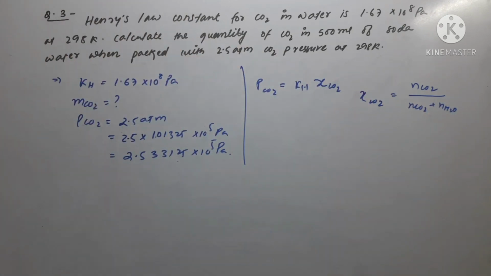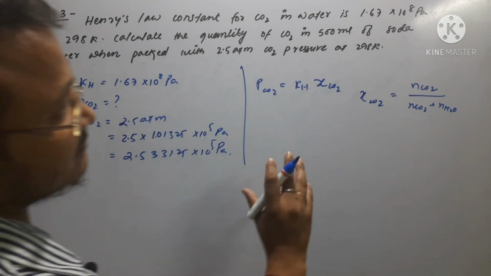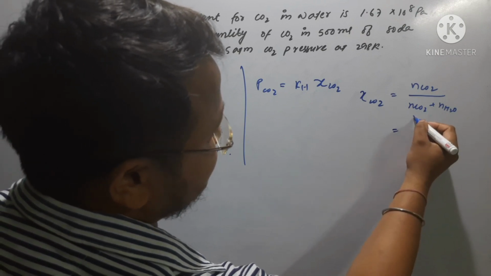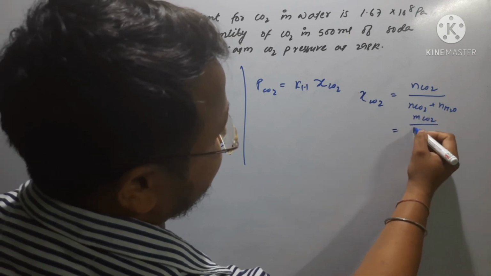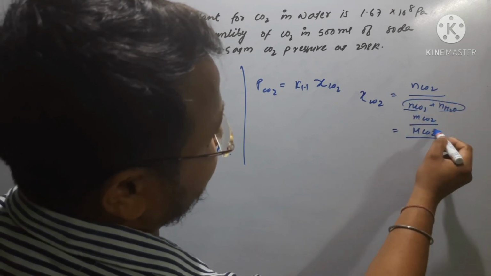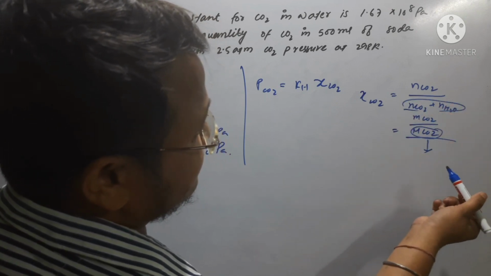Right, which is what? Carbon dioxide and water, because these are the two components of the solution. So moles of carbon dioxide means what, guys? Isn't it the given mass of carbon dioxide divided by the molar mass of carbon dioxide? So once we know this value, and we already know this, right? Mass of carbon dioxide, 44.